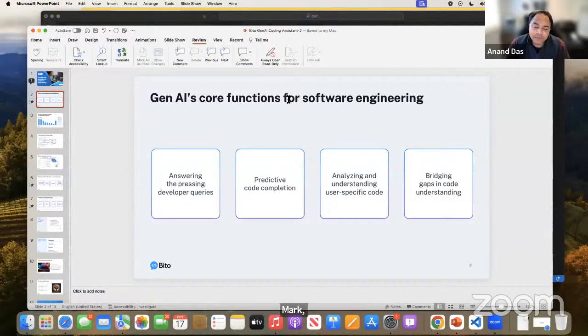So you have to be very careful when you get a completion to basically figure out, is this exactly what I wanted to do or not? Okay. And with generative AI, the other thing that has become very easy is for somebody who has recently joined